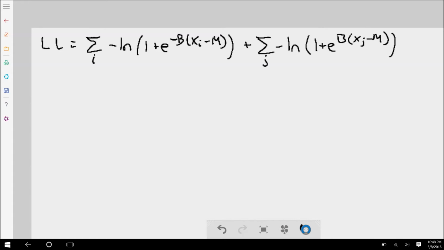All right, new page. You may have noticed an accidental extra negative sign here. I accidentally put that in when I was copying things over. It's not supposed to be there. But this is the log likelihood function that we're going to try and optimize. So we want to find the partial derivative with respect to b of this function. First let's calculate the partial derivative with respect to b of this part. So we want partial db of